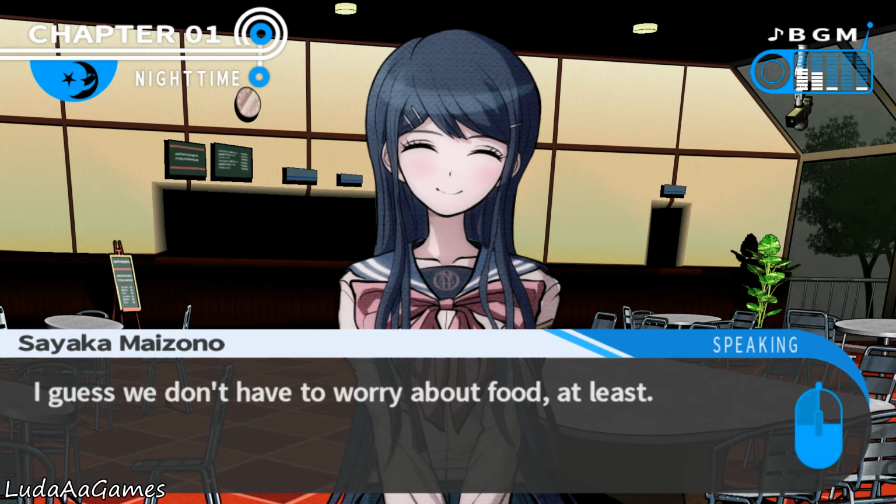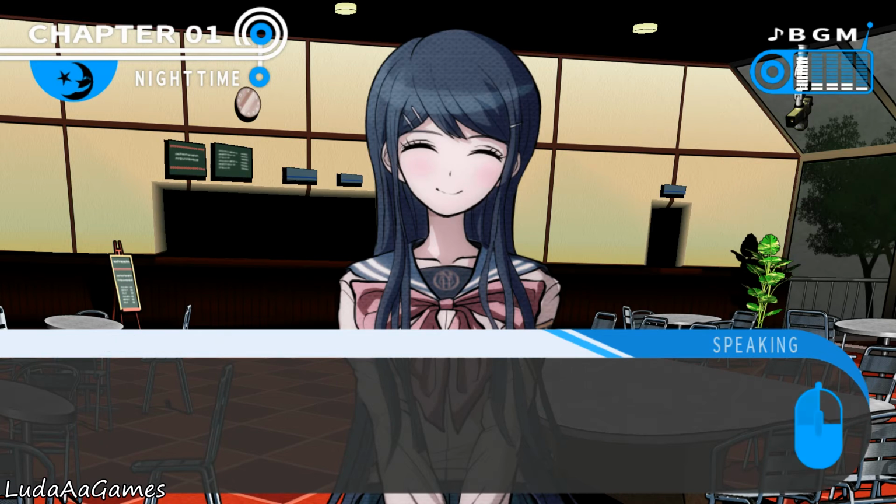But the thing about it is, we have a full fridge now, right? How often is it going to be restocked? Is it going to be restocked every night, and can we just go eat whatever we want, whenever we want? Or do we actually have to manage our food? Because we're here with 15 people, 3 meals a day, plus snacks and all that stuff. That counts up to a lot of food.